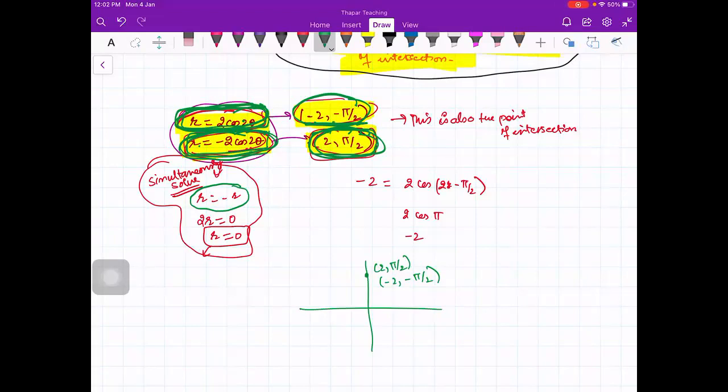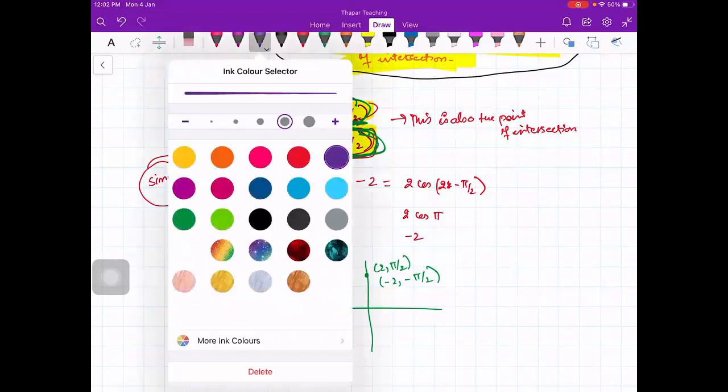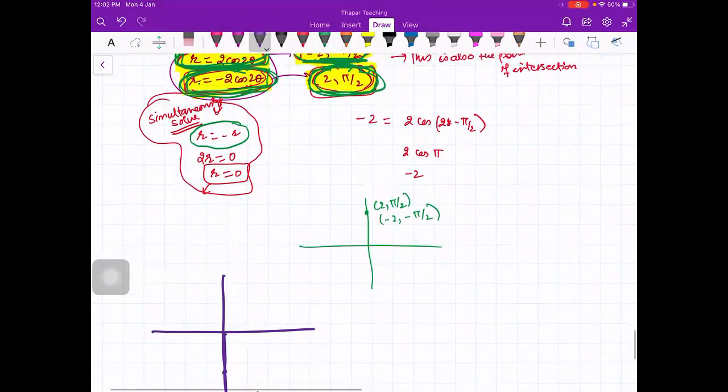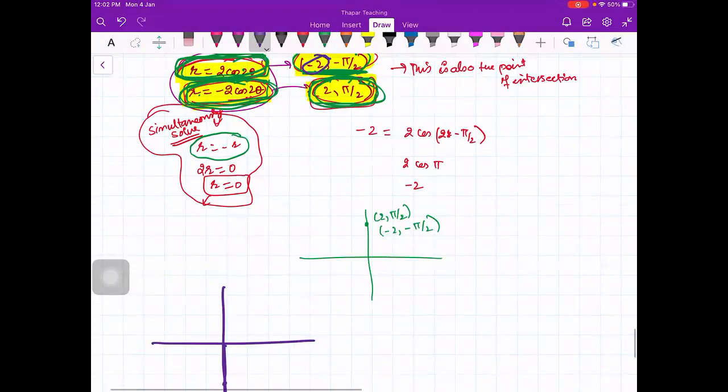The first point should be in the third quadrant, no? No, beta. First point, minus 2 comma minus pi by 2. Have you attended my first class? I told you how to plot minus 2 comma minus pi by 2. You'll go on the minus pi by 2 axis, right? And then because you have to plot minus r, in case of here, this is not x comma y, beta. This is r comma theta.